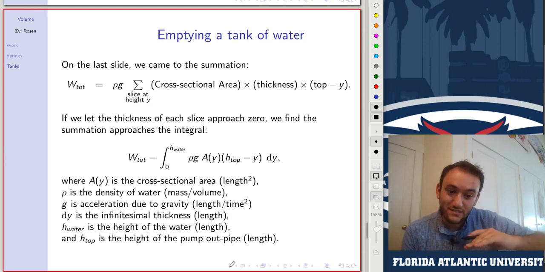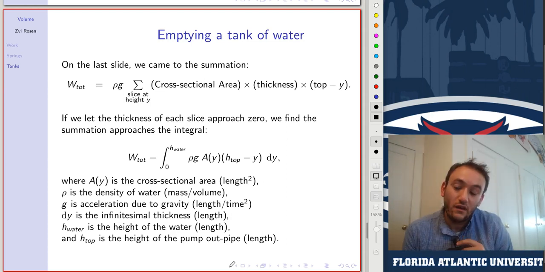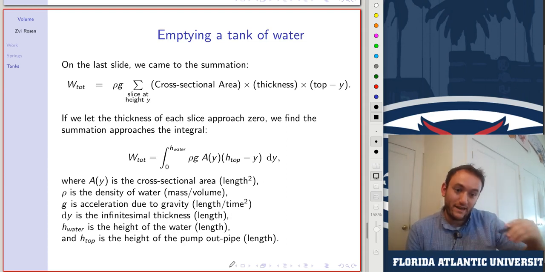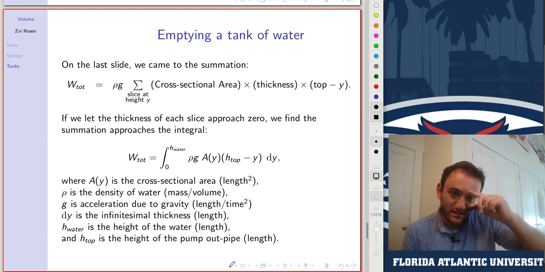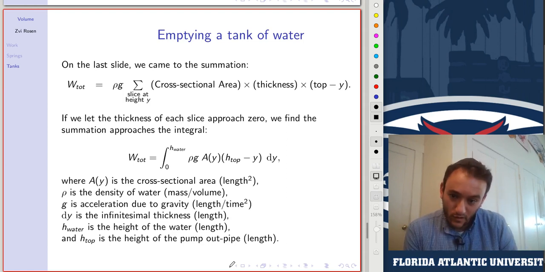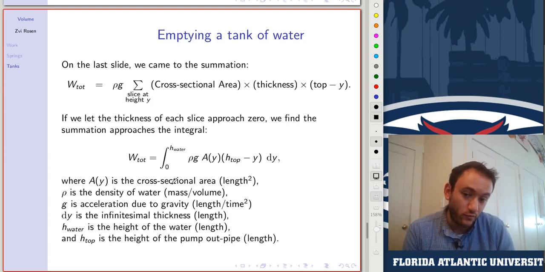the total work is rho, the density of water, times g, the gravitational constant, times the sum over all slices at height y of the cross-sectional area times the thickness times the height of the top minus the y value. If we let the thickness of each slice approach 0, letting that dy become an infinitesimal, the summation approaches the integral from 0 to h water of rho times g times a of y times h top minus y dy,